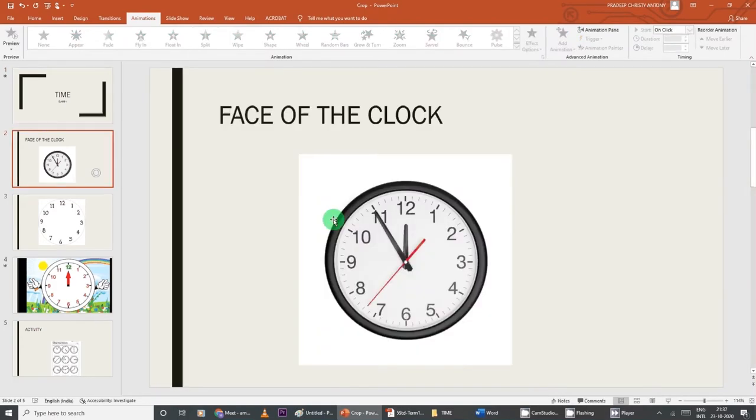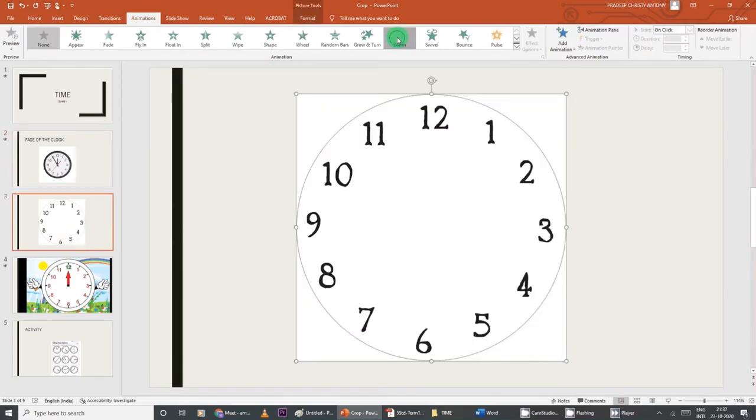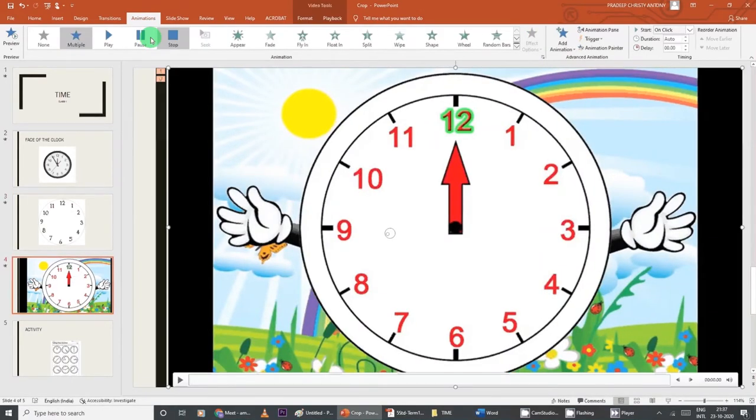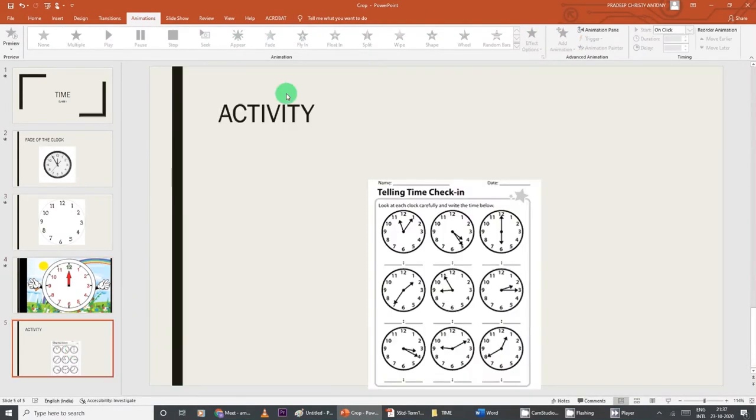So this picture, first I need the title to come first, flying, then the picture, this picture should come, wheel. Same with this picture, zoom. This is a video. And finally the activity, first I want the heading, activity. Now this activity chart, this is just a reinforcement, like I pick up a child in class, I will ask them to find out the time and answer.